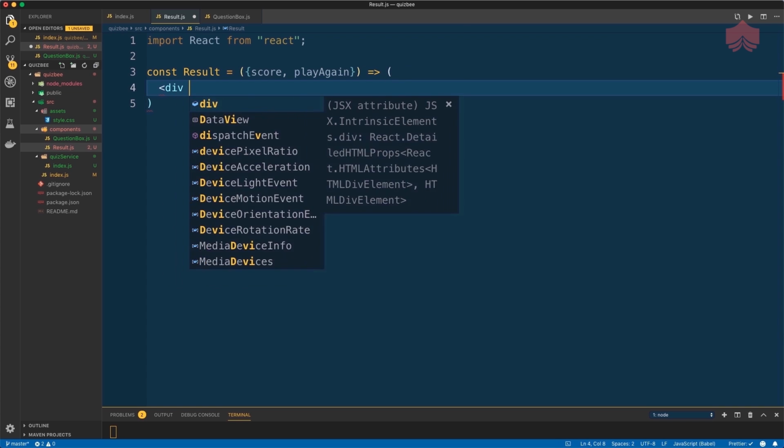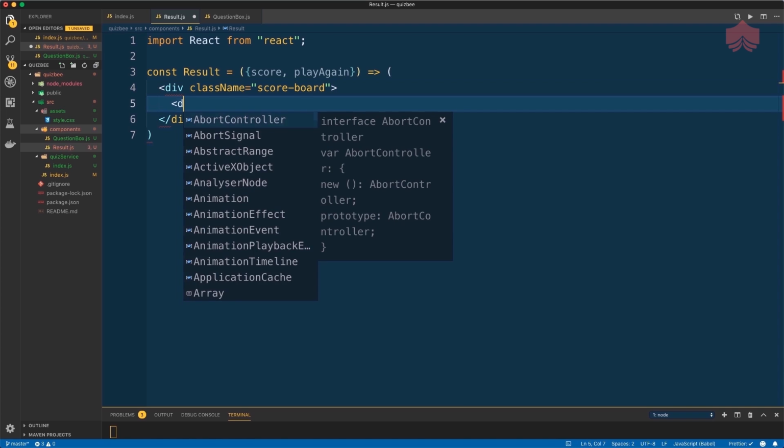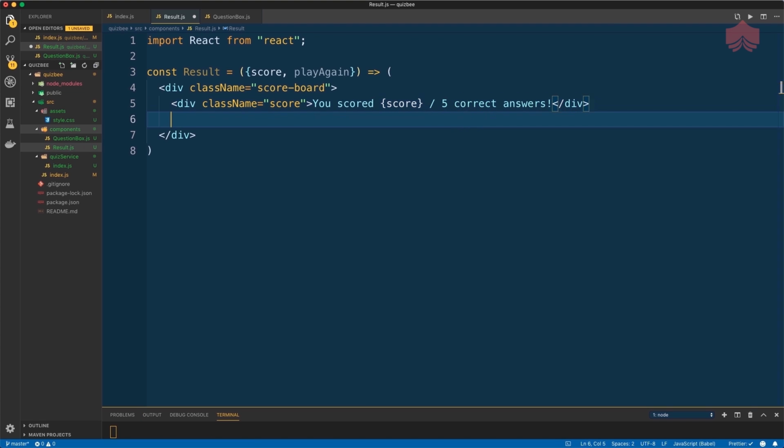We'll create a div with the class name scorecard. We'll create another div to output the score like so. We'll also build a button where we'll simply invoke the contents of the playAgain prop as a function.